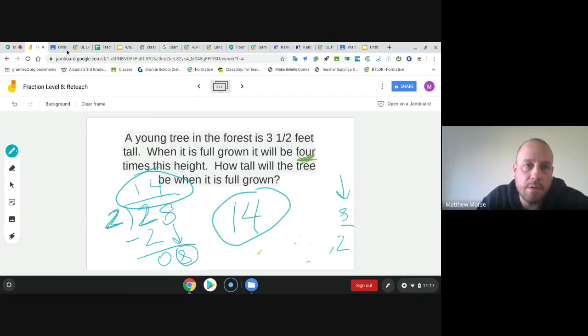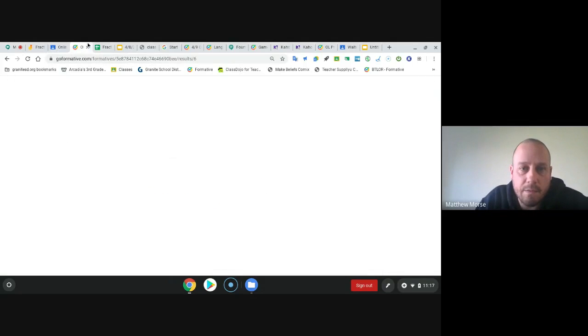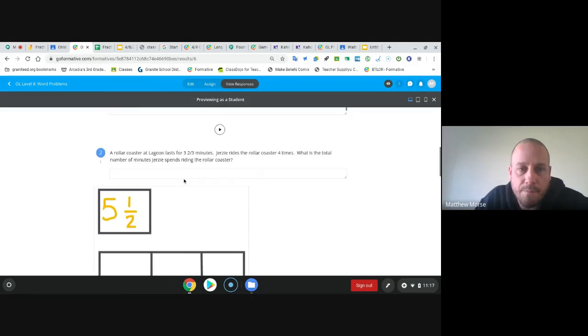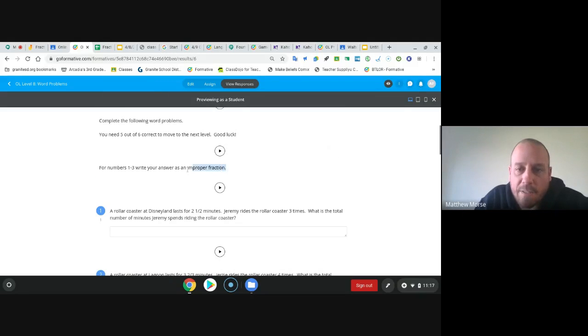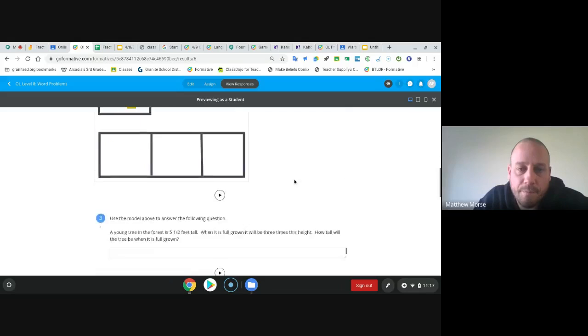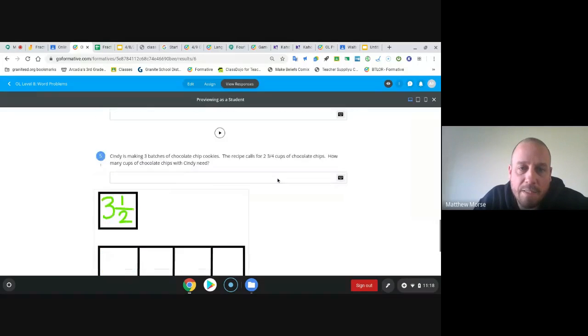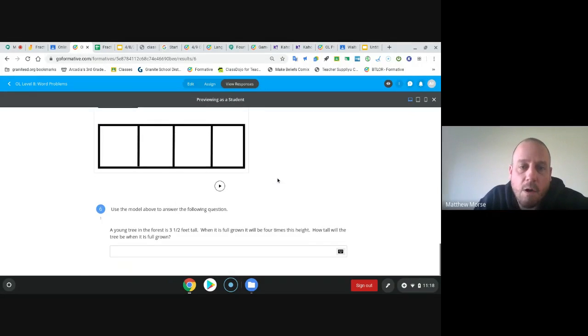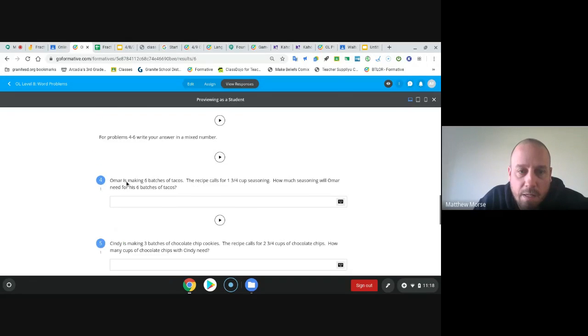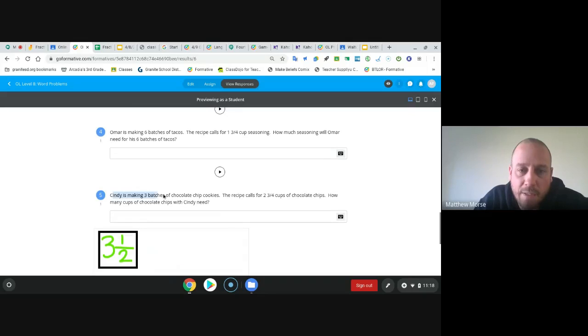Remember, these first 3 problems, just improper fraction. So you got to skip those last couple steps on these first 3. Okay. Second 3, 3, 4, or wait, no. 4, 5, and 6 are the hard ones we just did. So here's the tree one, right? The numbers are just different. Okay. Here's the Cindy making cookies one. The numbers are just a little bit different. And then here's the taco one with Omar baking tacos. Okay, so